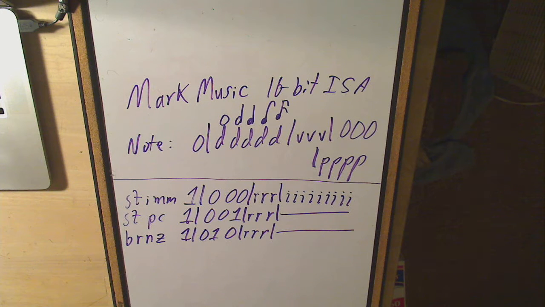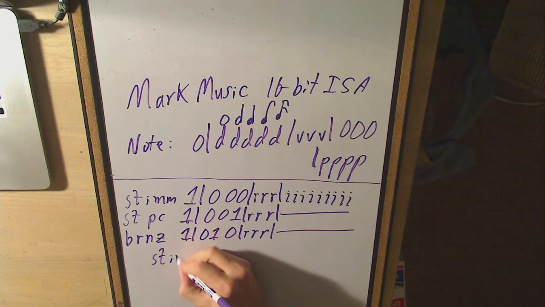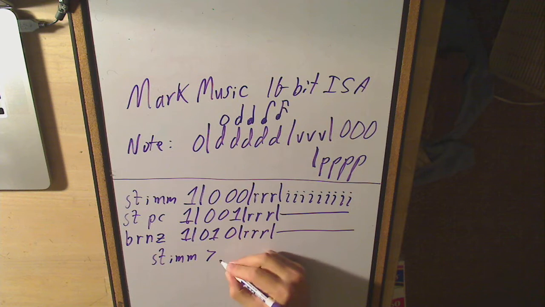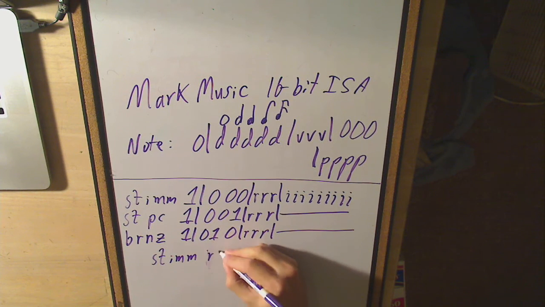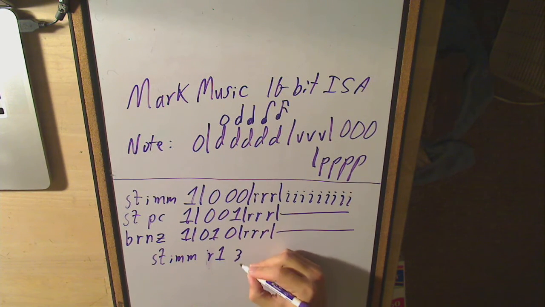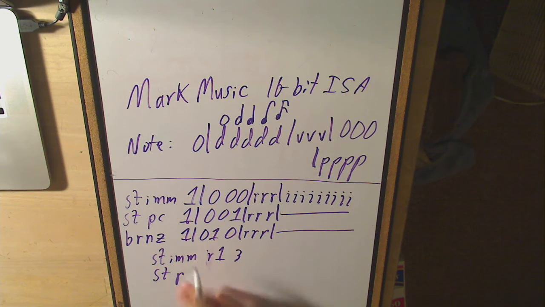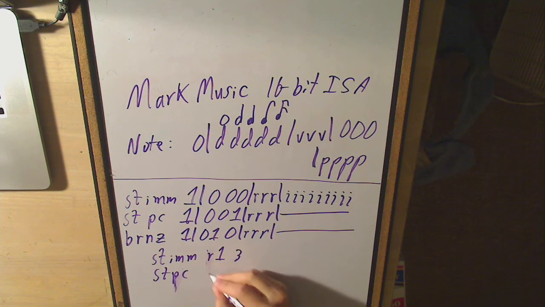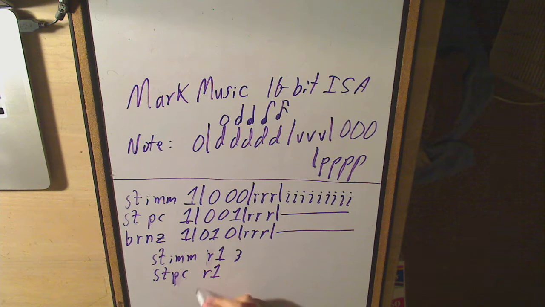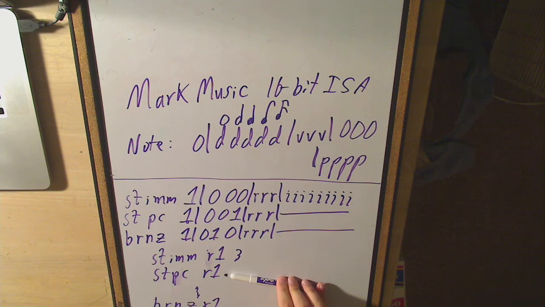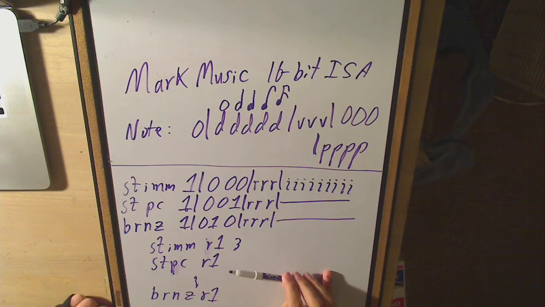If you want to repeat a section and play it a total of 4 times, you could store immediate into R1 of 3, and then store PC into R1, play your music here, and then say branch not 0, R1. So R1 would get 3, R1 would get whatever this PC is, and then we would come down here to